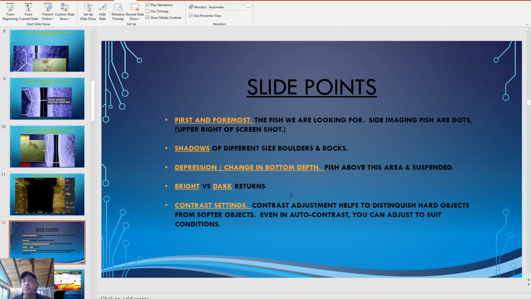Bright versus dark returns. I've explained the brighter the object, the harder it is, and the stronger the sonar return signal is. Whereas if it's darker, it could be a muddier bottom, or an old rotted tree stump, something like that will not yield as strong or as bright a return. I talked a little bit about contrast settings. Even though it's in auto, you still have the ability to adjust the level of it, and that's something that you should do,